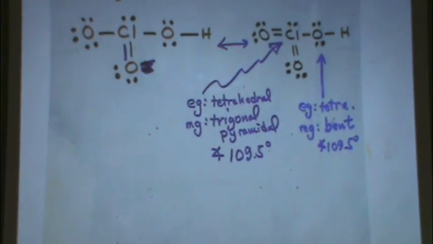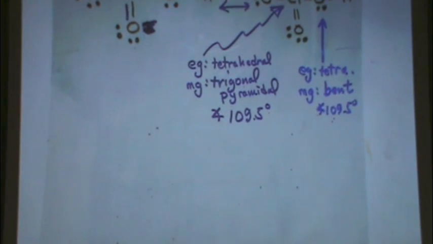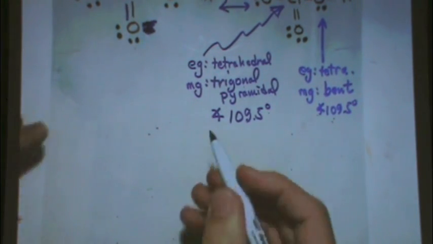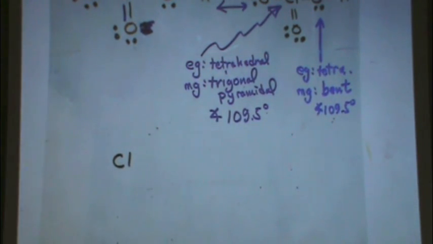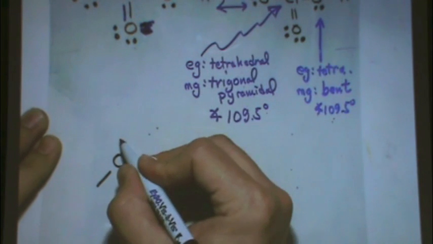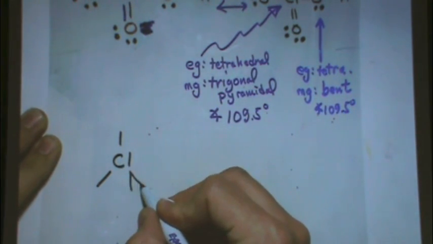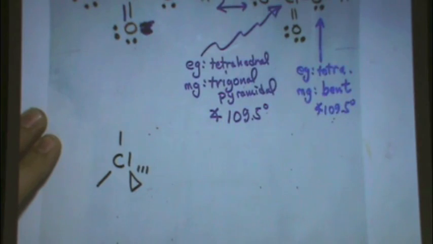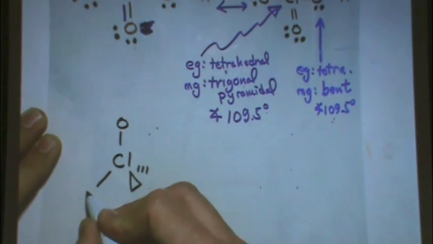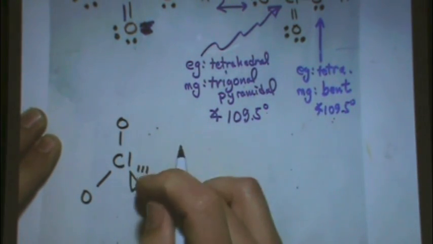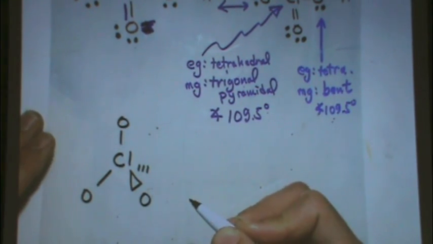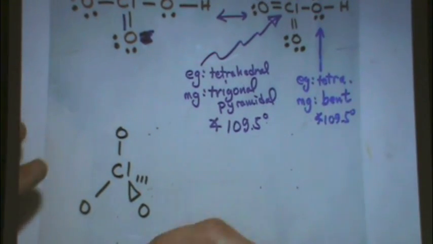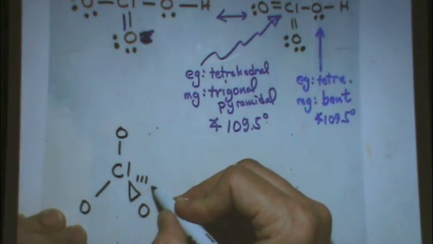Okay, we need to try to draw that. So let's try that craziness. First, I'm going to draw the tetrahedral because it's a more complicated shape, so I like to start there. There's the tetrahedral template. And now you can do the lone pair a couple different ways. See, there's one lone pair on the chlorine. You could either do this,